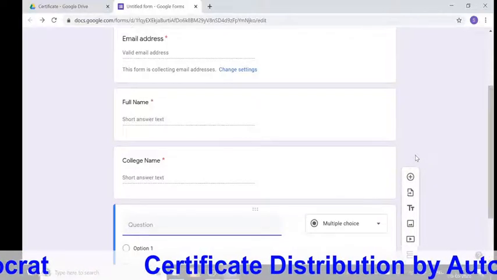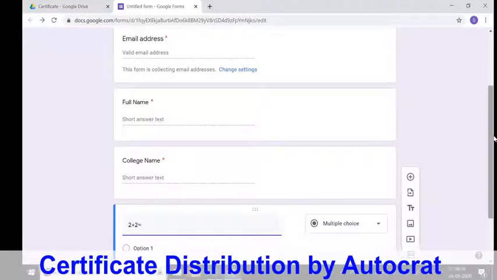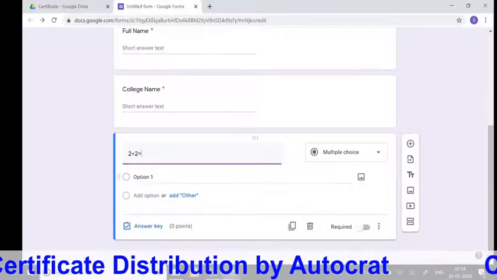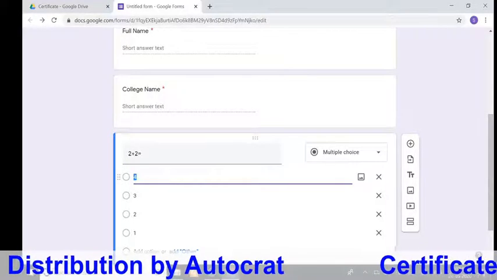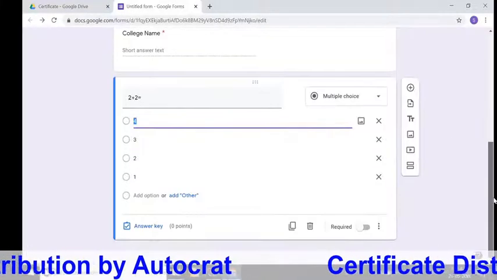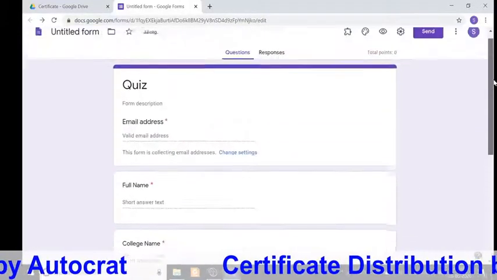Add one more question, 2 plus 2 equal to. Options are for add all, required question. Our quiz is ready.